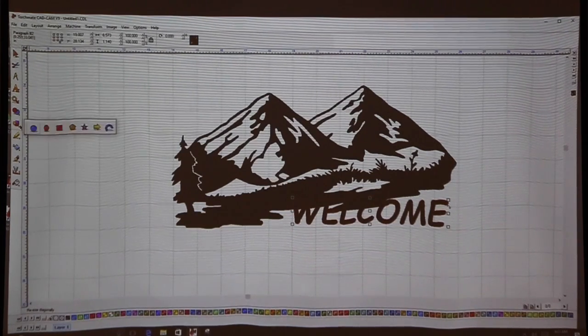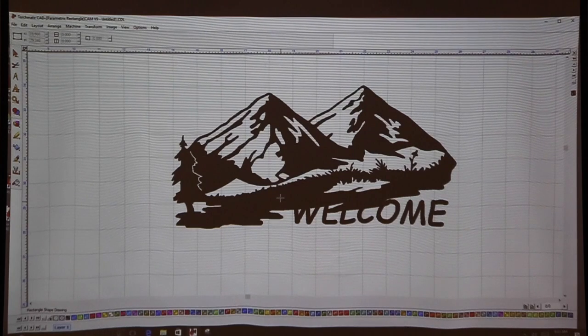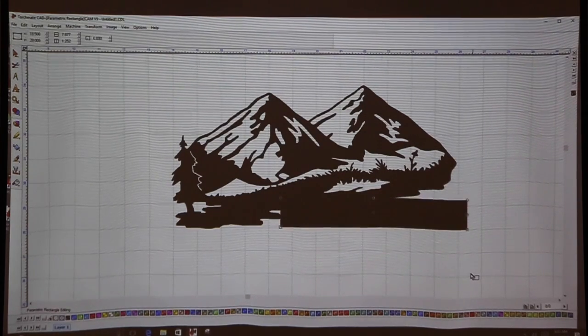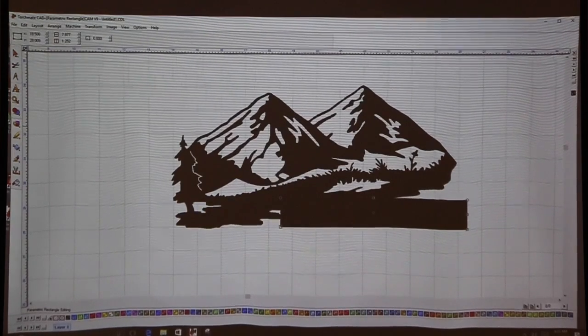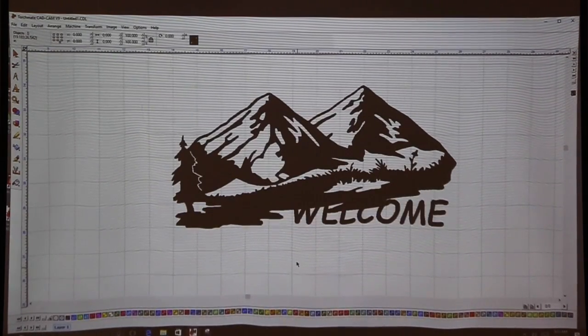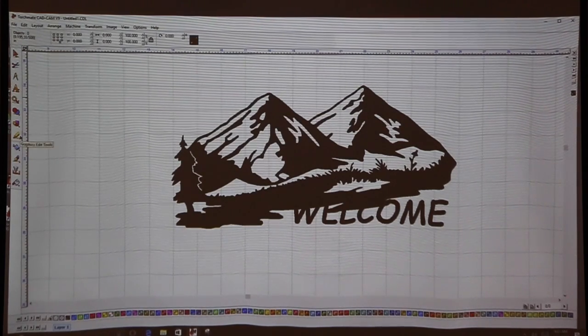Now, I can go ahead to my rectangle tool and just create a rectangle, but that's not really much of a design. That's actually pretty ugly. So I don't want to do that. I want to create my own shape to make sure that this thing looks good and flows with the design itself. So how I'm going to do that is I'm going to go to my graphic edit tool,